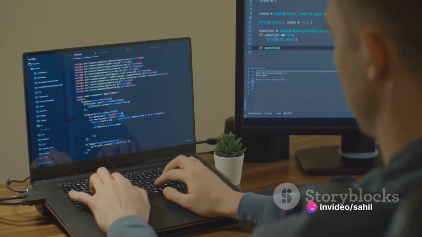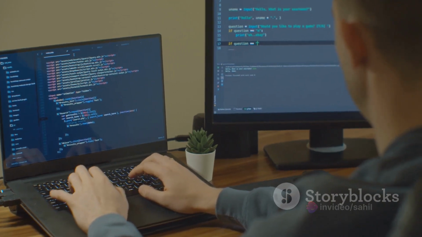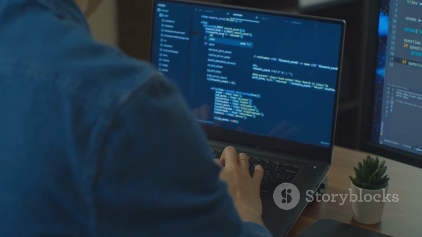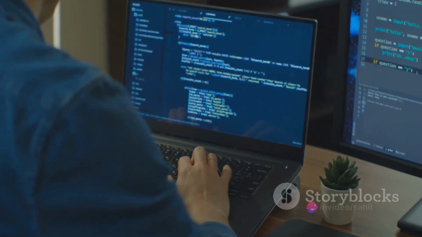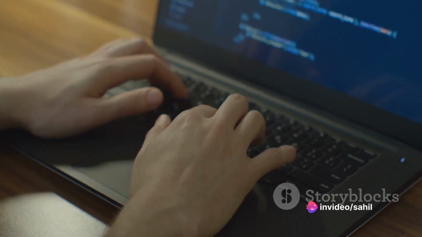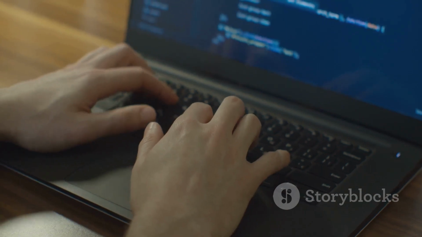Each website you visit is a product of countless hours of coding, designing, testing, and refining. It's a symphony of languages like HTML, CSS, and JavaScript orchestrated to perform in harmony. But worry not. The purpose of this video is to demystify these complexities and provide a clear, step-by-step roadmap to